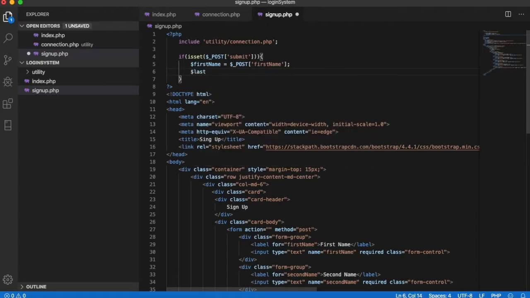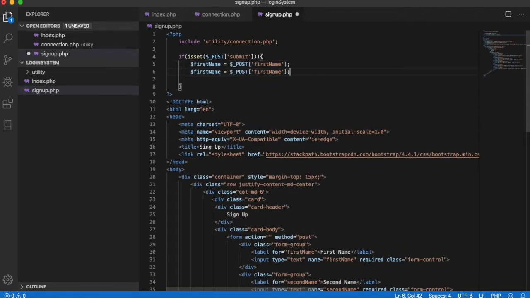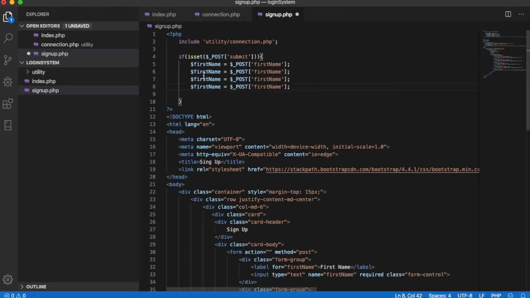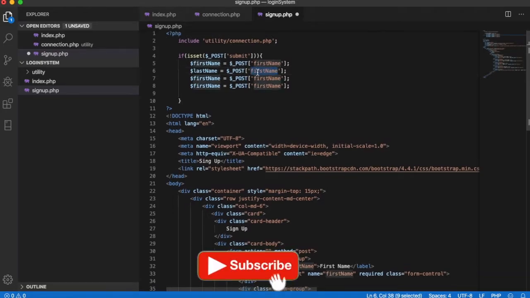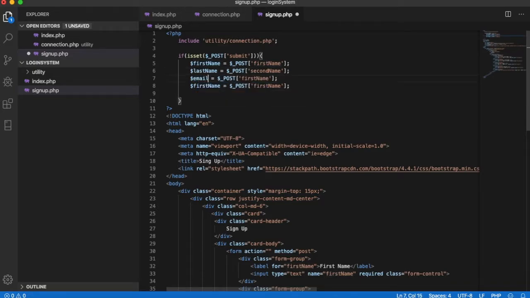variables. So let's copy this line and paste it 4 times. Since we have 4 fields, let's change the names. Second name, and this will be email, and password. Okay, so now we have